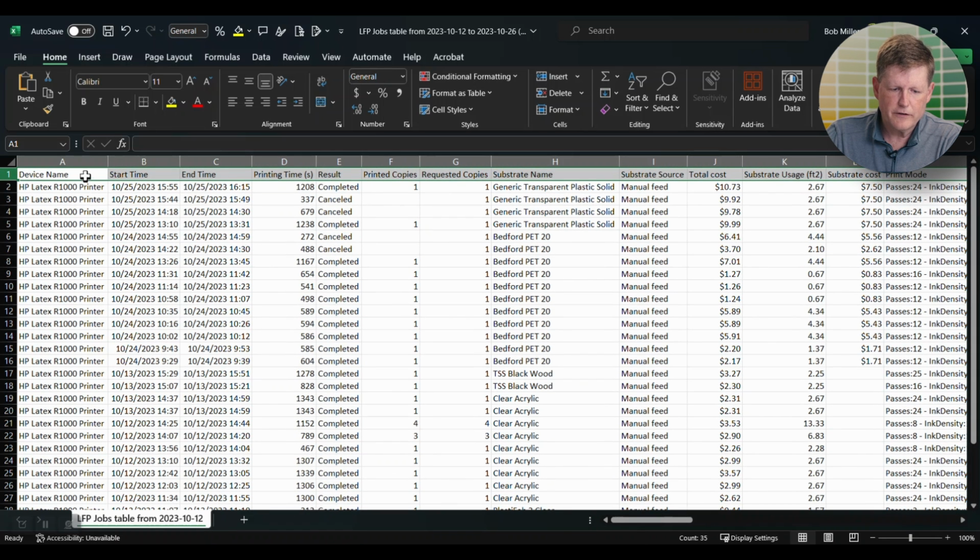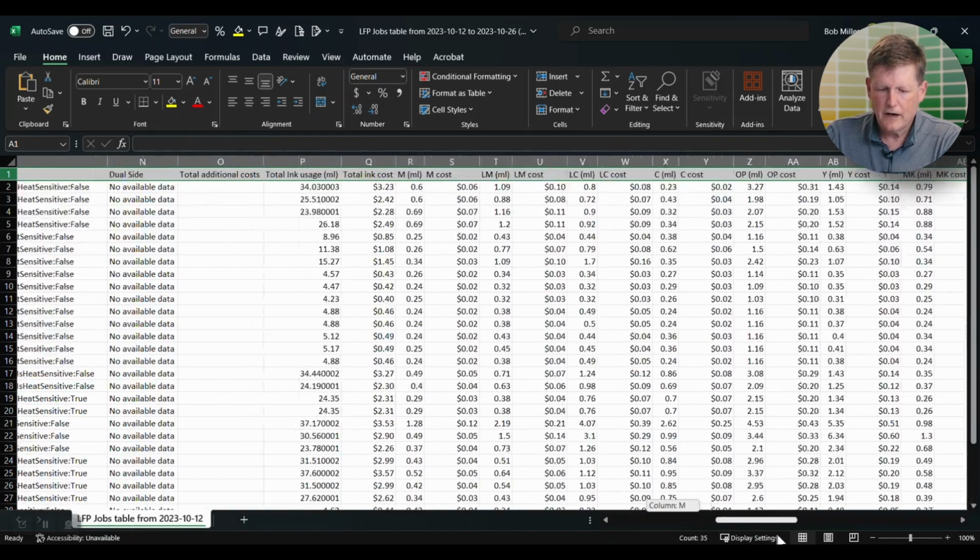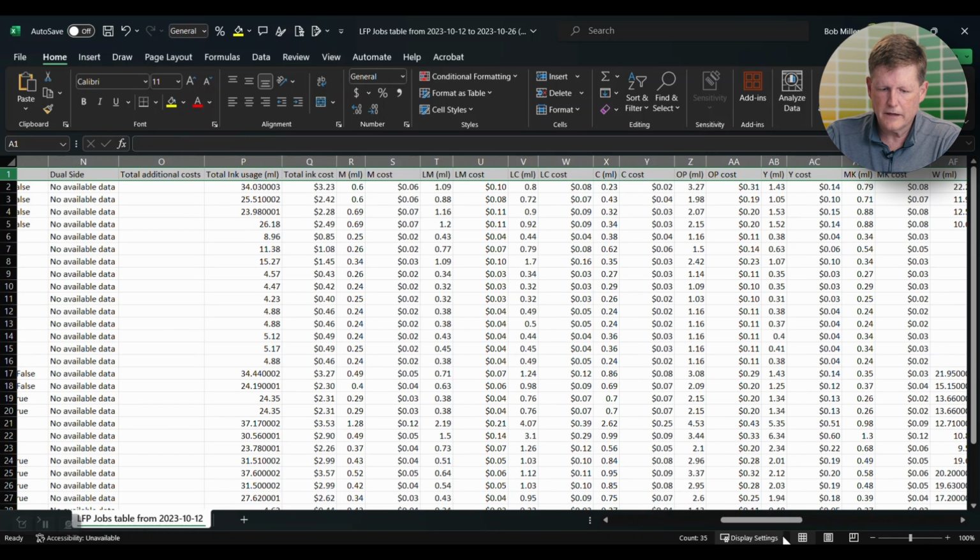So you have your device name, you have your start time, your end time, the print time, the completed results, substrate name, and here is your total cost, and it'll show you the substrate cost. And as we scroll over, you can actually see your cost per milliliter for each of the individual inks and your total ink cost. I hope this has helped you identify some very key and strategic tools that will help